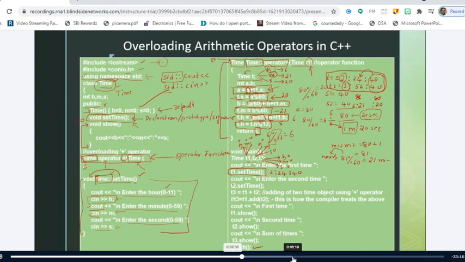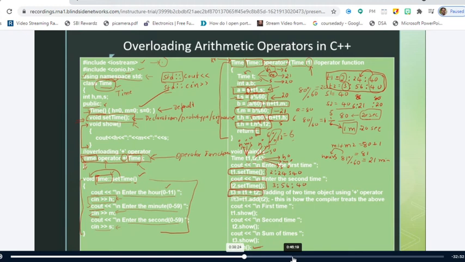Similarly, I am reading the value from the user, which is the time of the second object. So t2.setTime will invoke this member function, and it will ask the user to enter the time. So I have entered 3 hours, 56 minutes and 40. Listen, this is very important. This particular thing is very, very important.